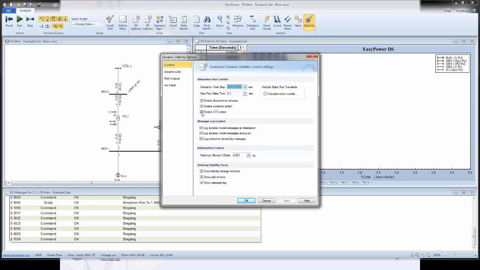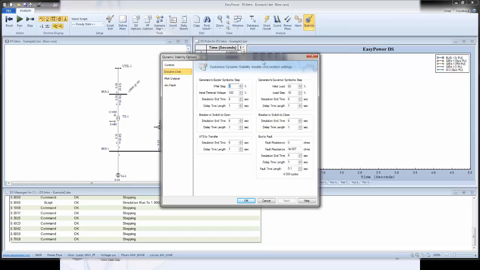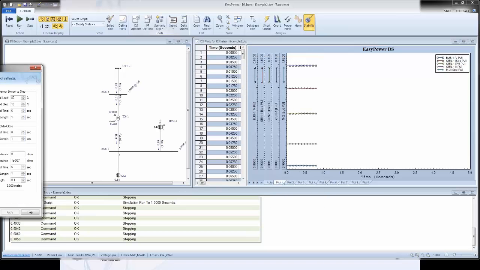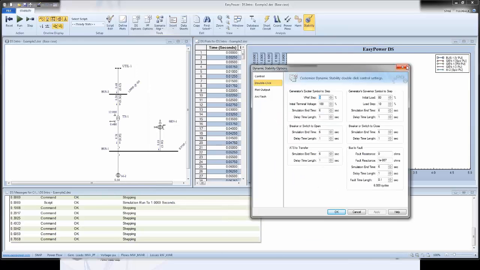And in terms of options, you would say whether you want them to be included or not. Do you want to have contactor actions, or you don't want to have contactor actions? Do you want to have enable ATS action or not? Double click is another action that you can have in EasyPower, meaning that you can go, and we looked at